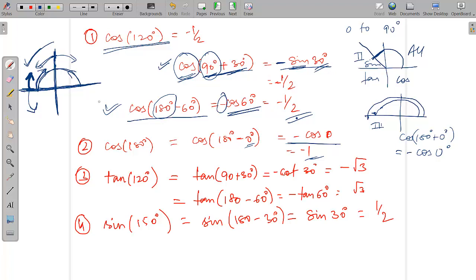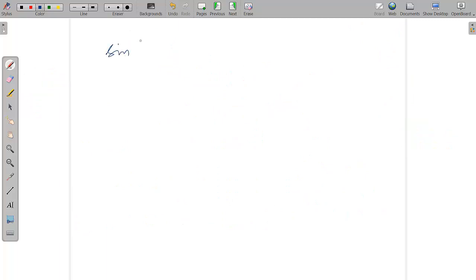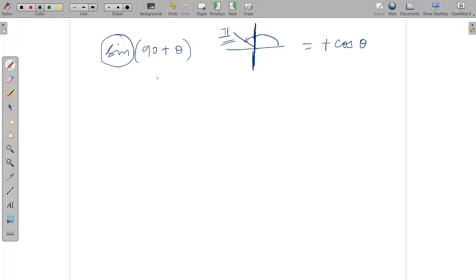Tan 120 degrees is tan of 90 plus 30, that is minus cot 30 degrees, so that is equal to minus root 3. In general terms, what will be sine of 90 plus theta? What basically happens is 90 plus theta is something in the second quadrant. Since it is touching this particular line, it will change. So it will change to cos theta, and it is in the second quadrant, and whatever we have to find, sine is positive in the second quadrant, so it will be positive. So sine of 90 plus theta is equal to cos theta.